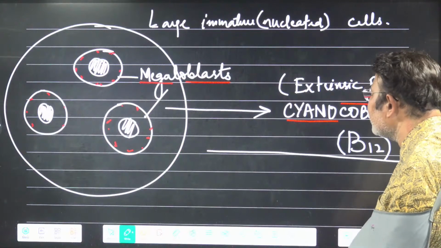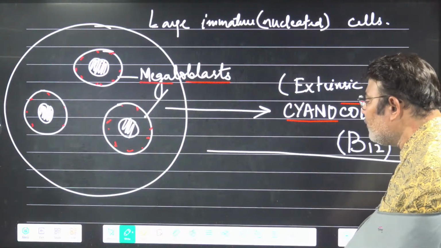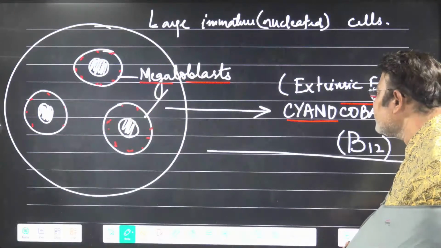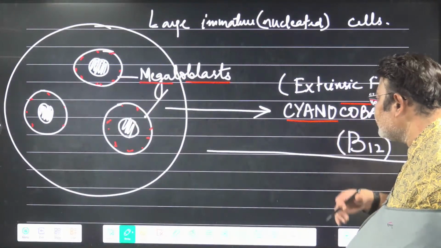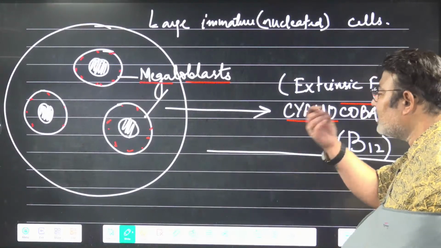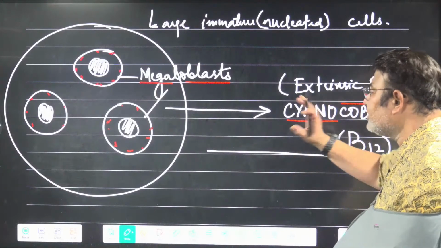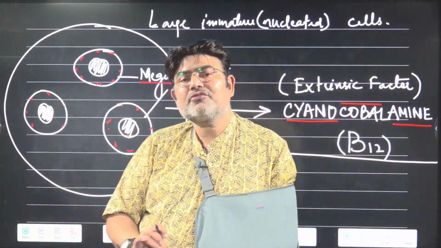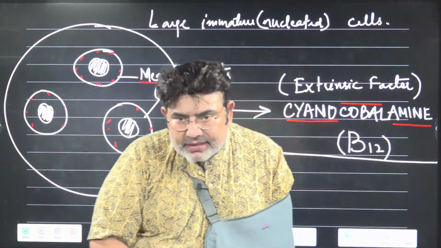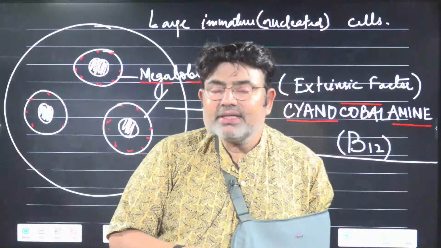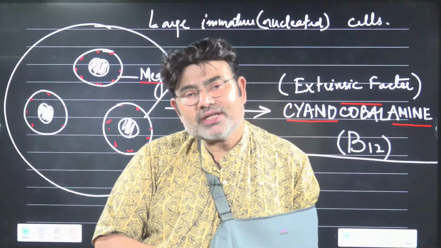Here I have explained the type of anemia formed due to deficiency of vitamin B12. This is pernicious anemia, caused by deficiency of vitamin B12. It is not a deficiency of vitamin B12 in the diet. The diet contains a sufficient amount of vitamin B12, but still the amount in the blood is lesser because of atrophy of the mucosa of the stomach. This type of anemia is called pernicious anemia.